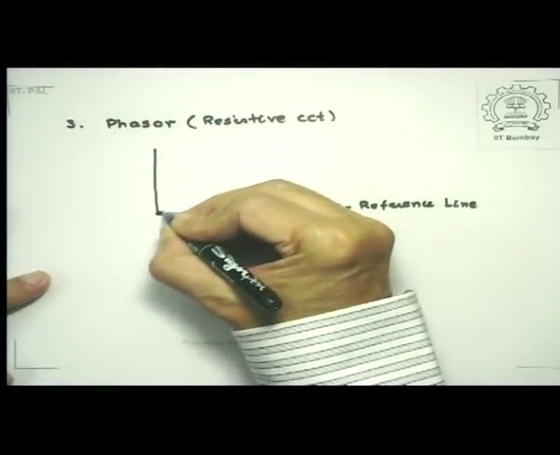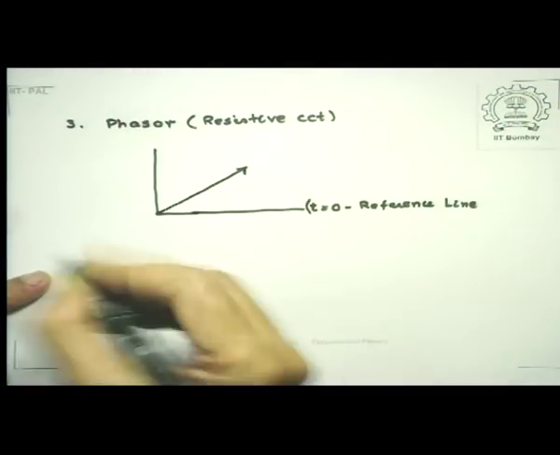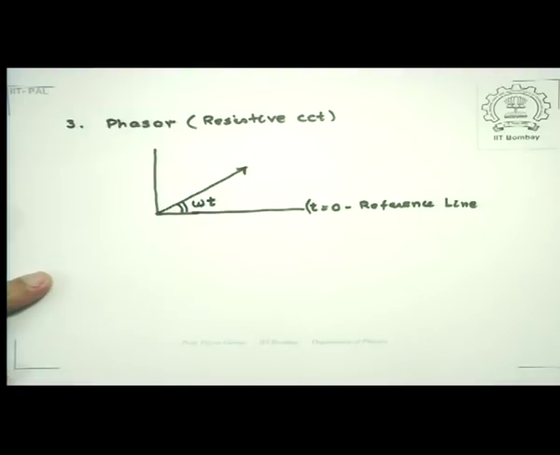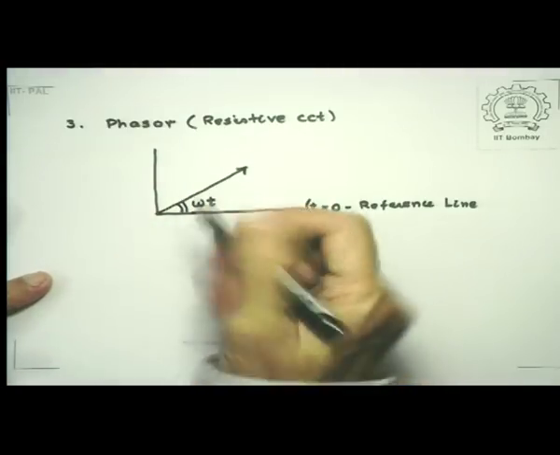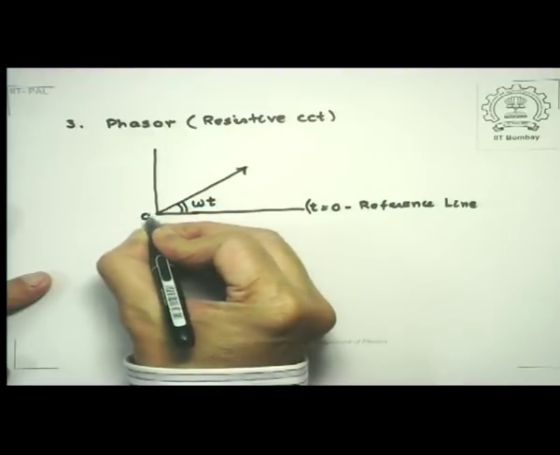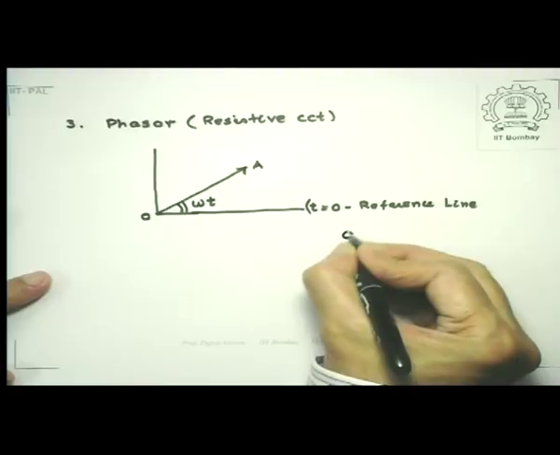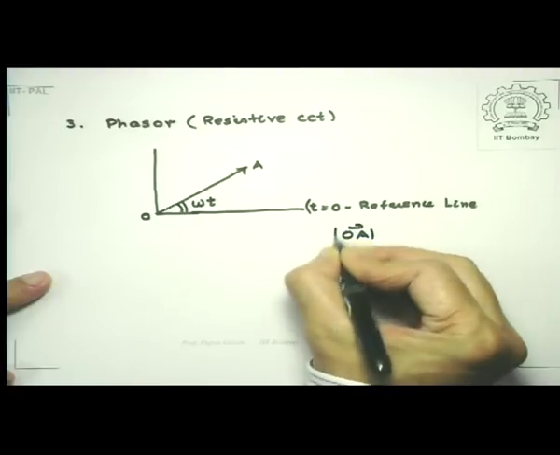So at time t equal to t, let's suppose this is the direction in which the voltage phasor is located. This is a phasor of magnitude, let's call it OA. So OA magnitude was Vm,